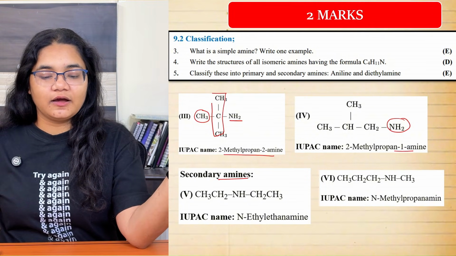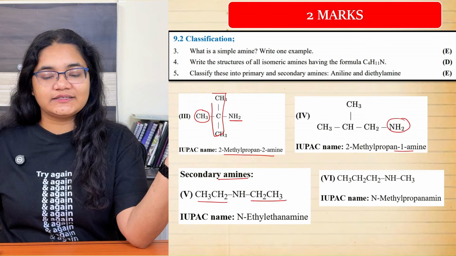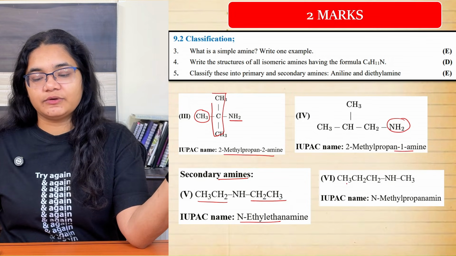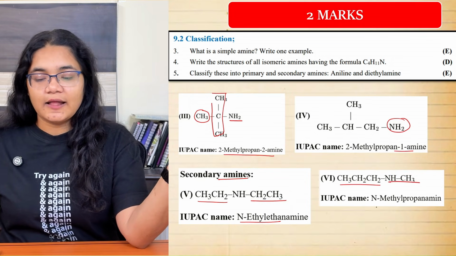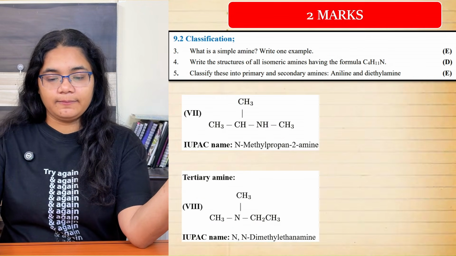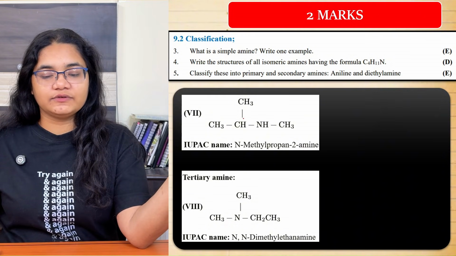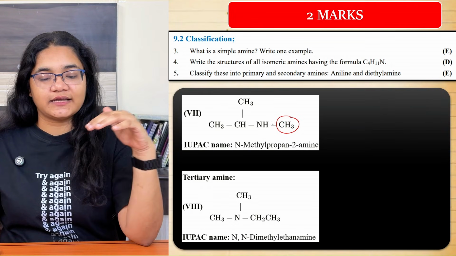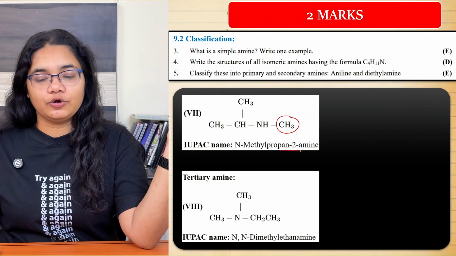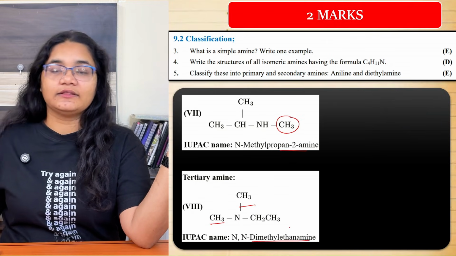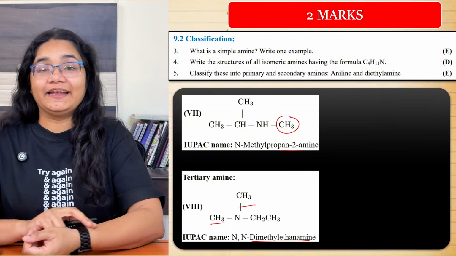Now if you move to secondary amines, you can have 2 carbons on one side and 2 carbons on the other, total 4 carbons. So you can have N-ethyl ethanamine. There's another possibility: one side you have 3 carbons, one side you have 1 carbon, then it is N-methyl propanamine, right? Next, you can have a 3 carbon chain that is branched, an isopropyl group on one side and a methyl group on the other side. So you can have N-methyl propan-2-amine. Now the last structure possible is the tertiary one, where you have N,N-dimethyl ethanamine. So in total we can produce almost 8 structures here.